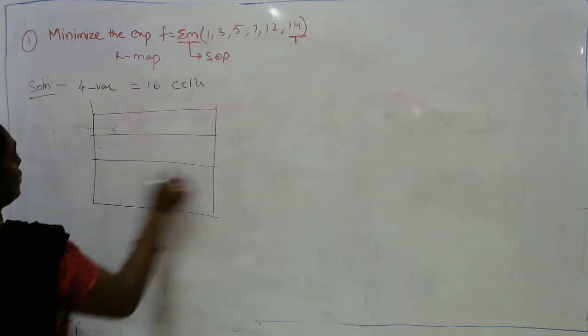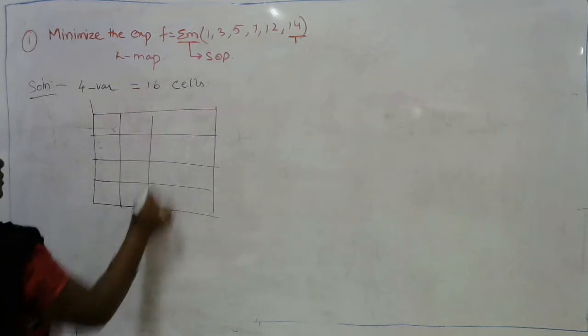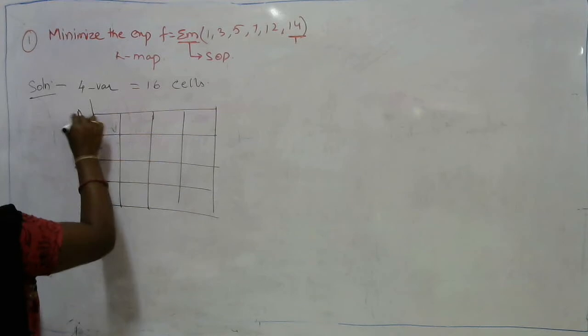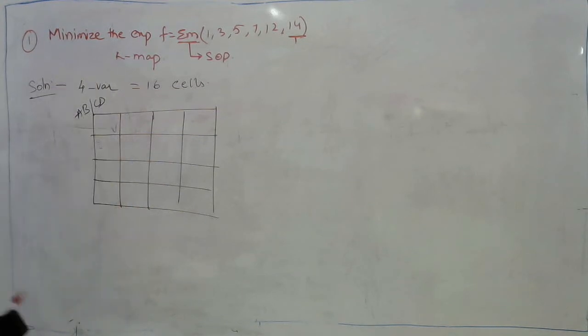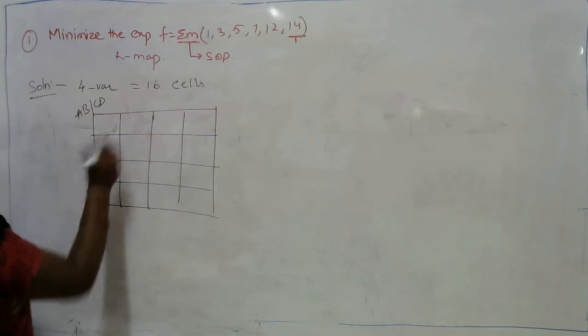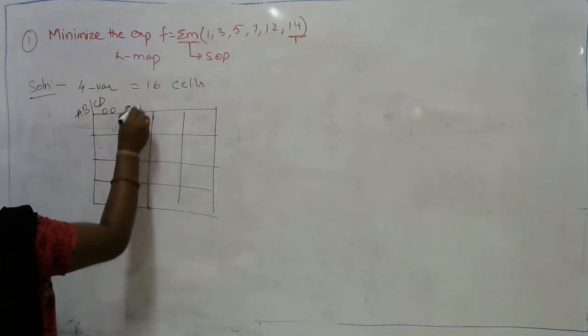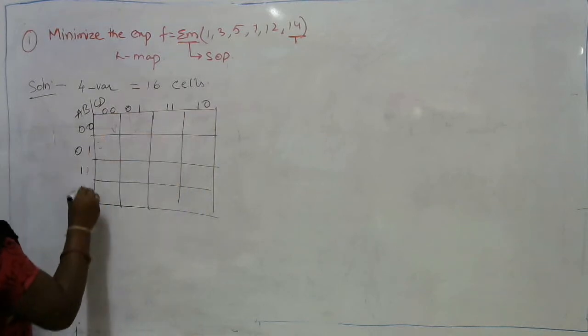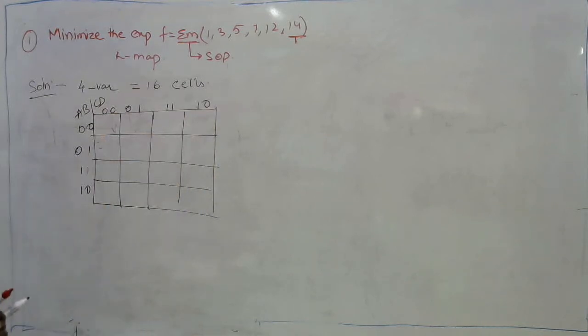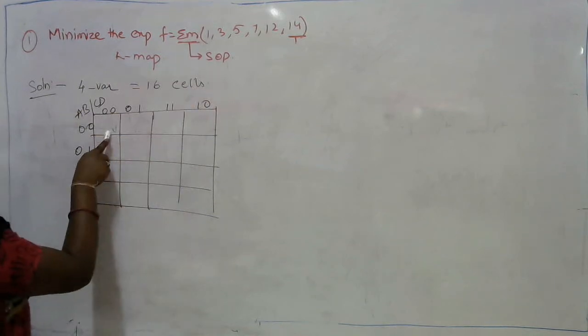So here I am drawing a 4 variable K-map in which it consists of 16 cells. This is A, B, C, D. As they didn't specify any variables, you can take any variables of your choice, but it should have 4 different variables. So here 00, 01, 11, 10, and 00, 01, 11, 10. Whatever the numbers given in the question, as it is in the SOP form, just plot ones in the corresponding K-map. So here, this is the 0 cell, 1 cell.